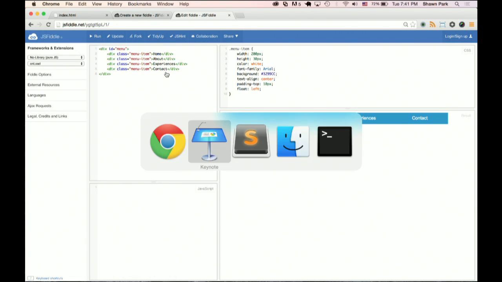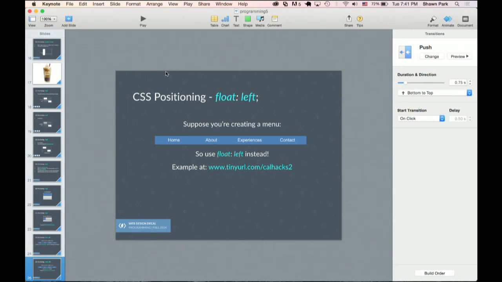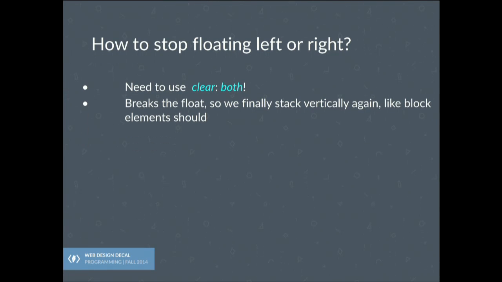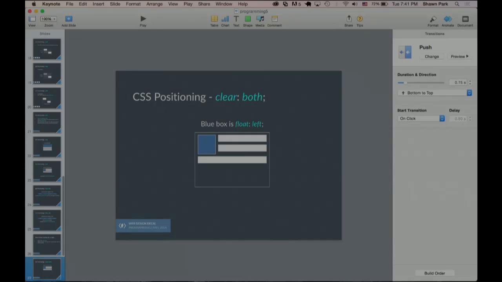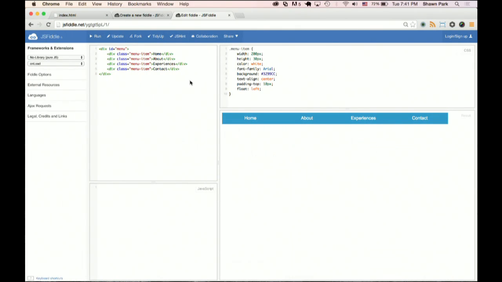One last nuance about floats is that after you're done floating, you have to attach a div that's called clear, and you need to use something called clear both. To best demonstrate this, I'll go back in here, and suppose I had another div in here, and it's like text, text, text.